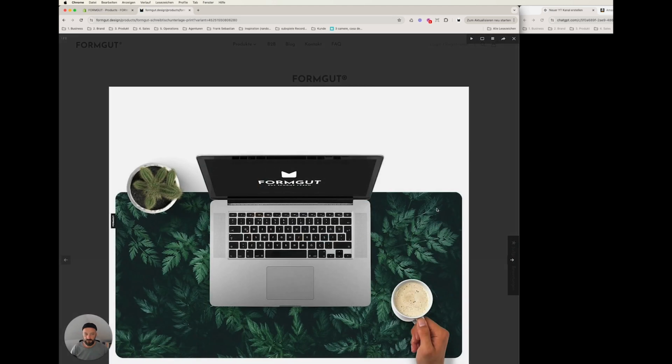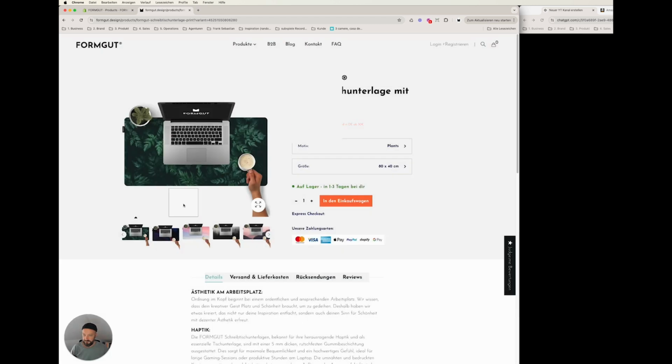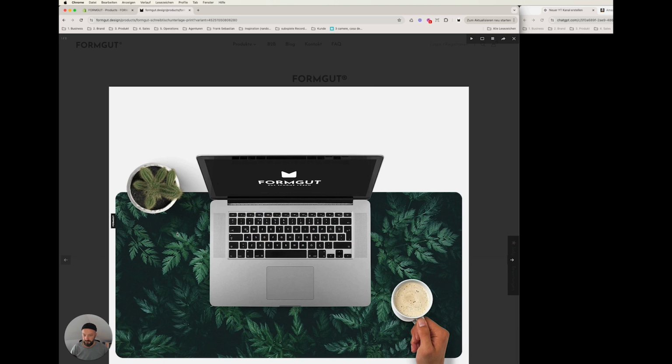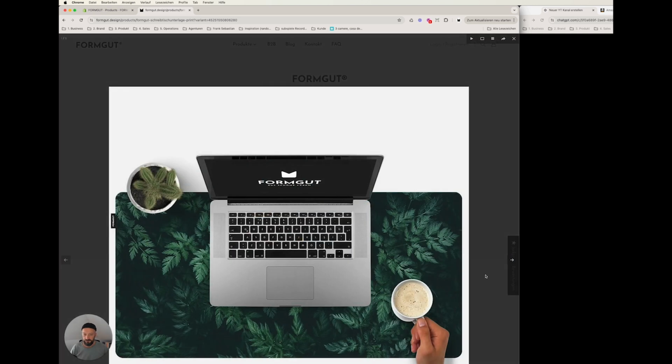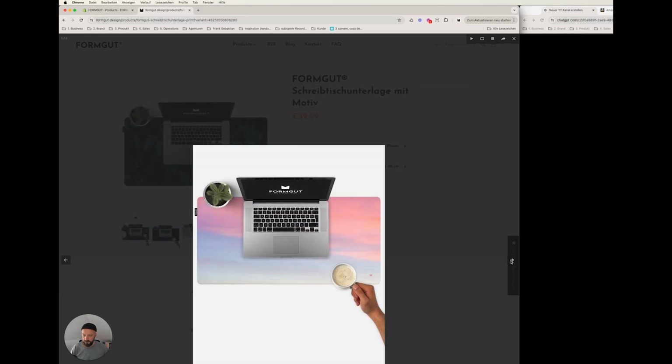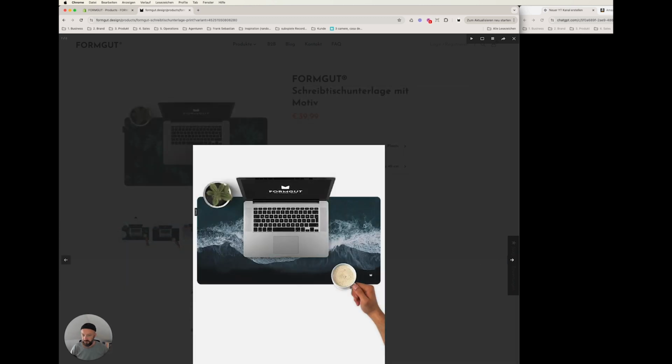So it's a desk mat. It is, I would say, pretty awesome. It looks amazing and it has a very, very good quality and a very great print. So a lot of nice variants also. And today I was just changing the image size because this size here is